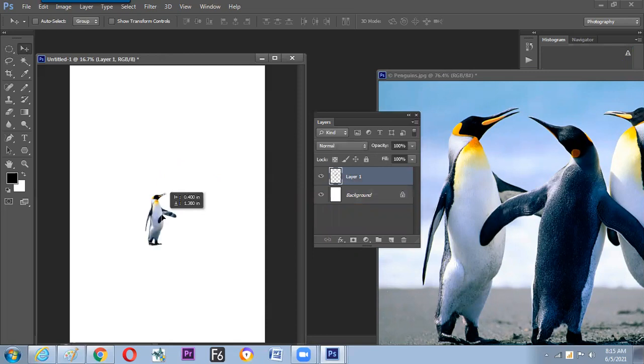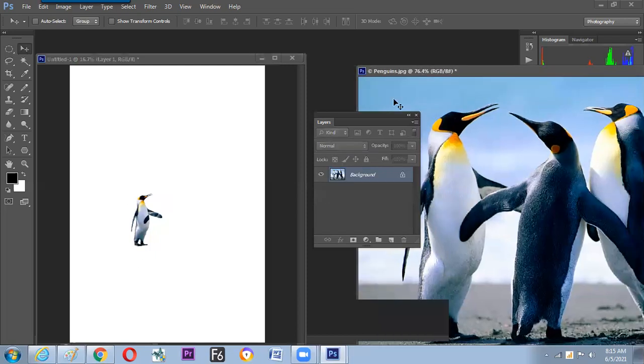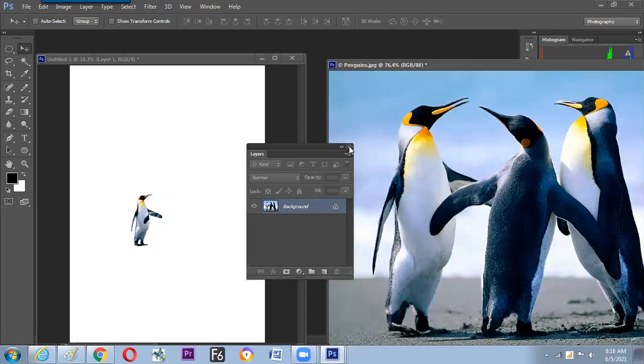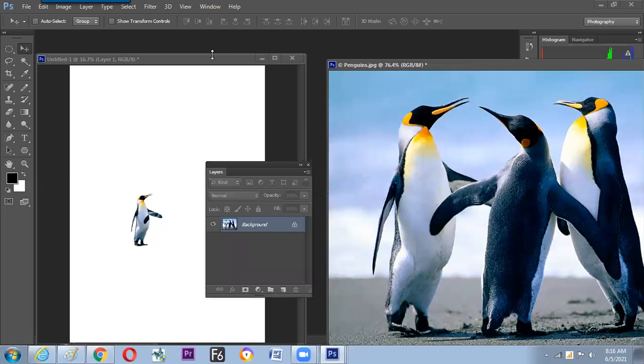So now we have understood. Once you copy and paste or drag and drop any information to any canvas, then by default it creates a new layer. And this is the reason why we can move the object freely. Now, the next. Once the selection is there, what more can be done? Yes, we can load the selection once more,